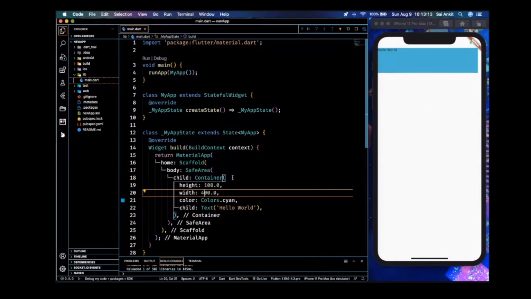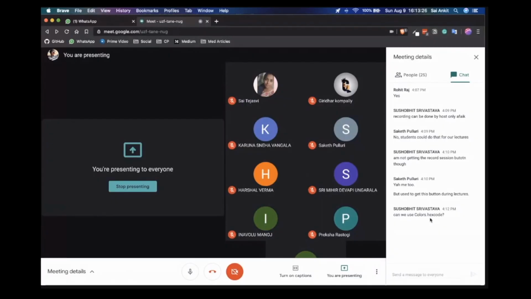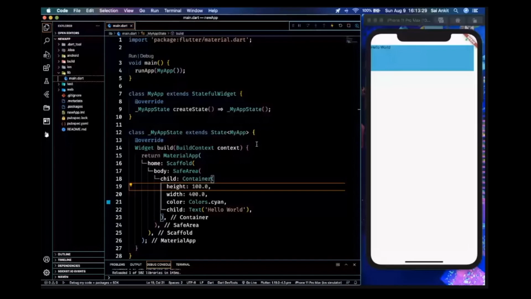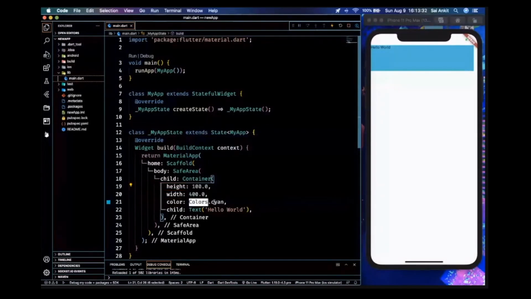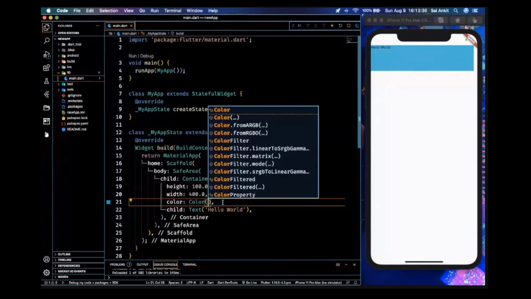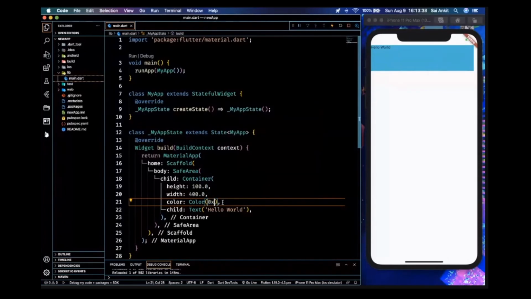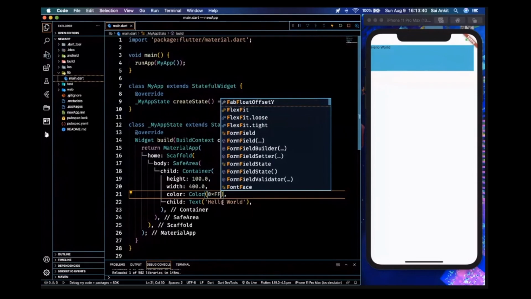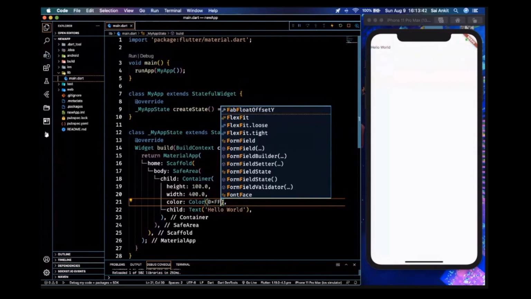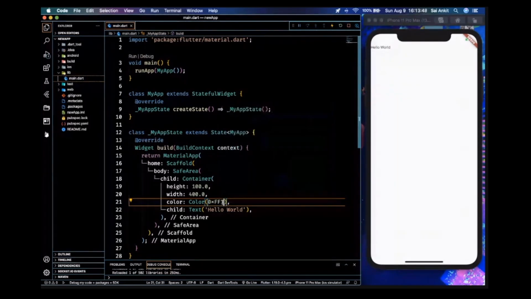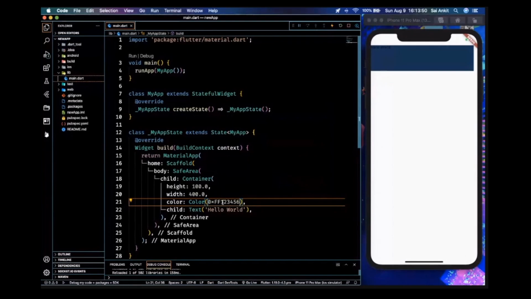So I want to know how the safe area is designed, right? So colors dot hex code. If you want to include a hex code, then instead of using Colors, I just write Color, and then inside this I write the hex code. The hex code starts with 0xFF, right? This 0xFF is basically denoting the opacity of the color. And then after that I can include the hex code of the color, 1, 2, 3, 4, 5, 6, something like that to get some color.